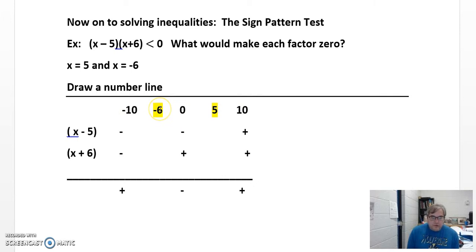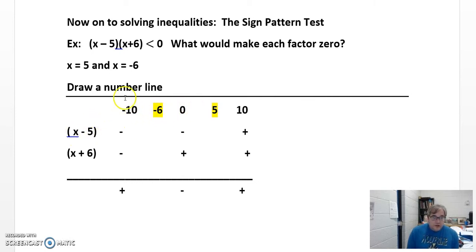Like 0 has to be between negative 6 and 5. I can pick any number I want between them. I just happen to choose 0. I could pick any number I want greater than 5. In this case, I chose 10. Any number I want less than negative 6. Well, negative 10. And the way this works is you're going to take these numbers in black and plug them